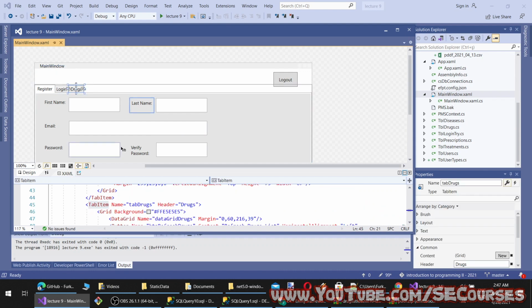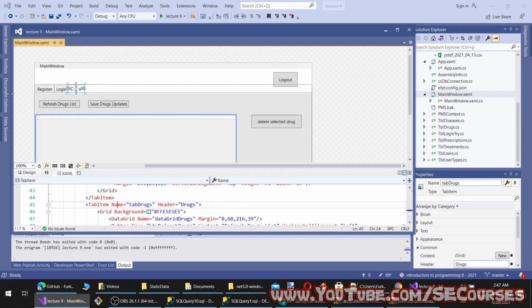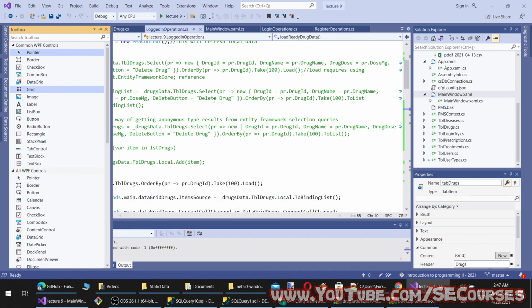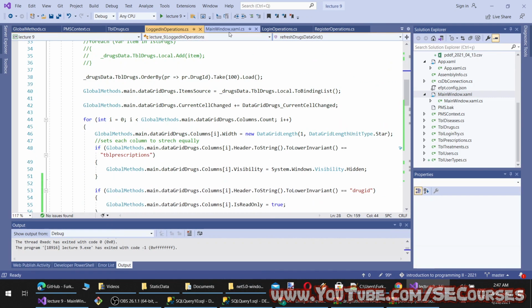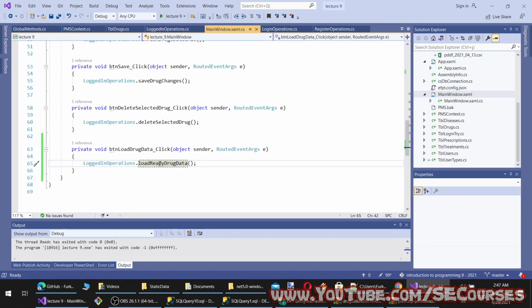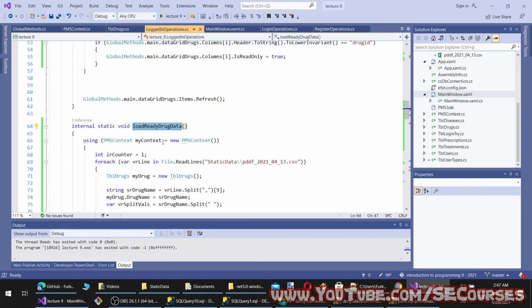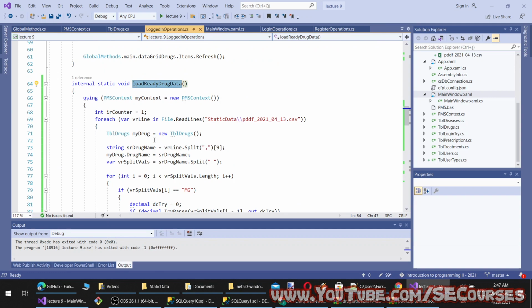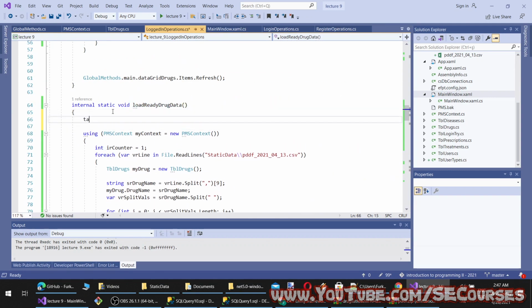Okay, so let's open that tab here. And let's add a, oh, we already have a label, so we can use that. And okay, here, yeah, I think I can encapsulate this within a task like Task.Factory.StartNew.